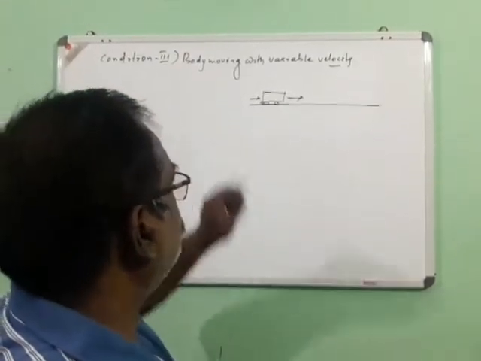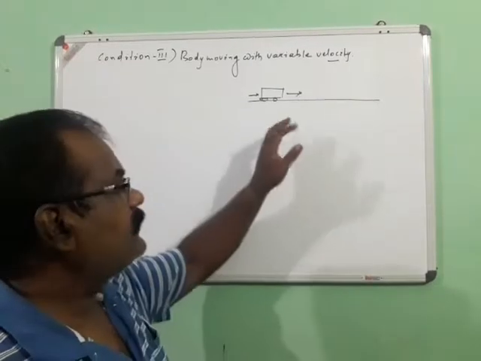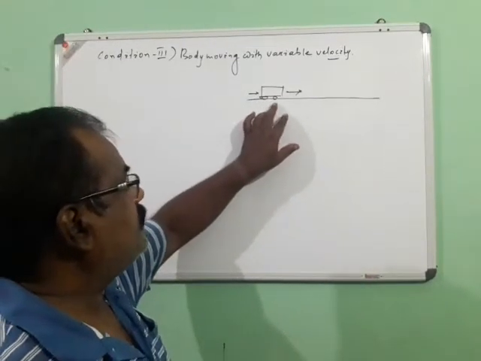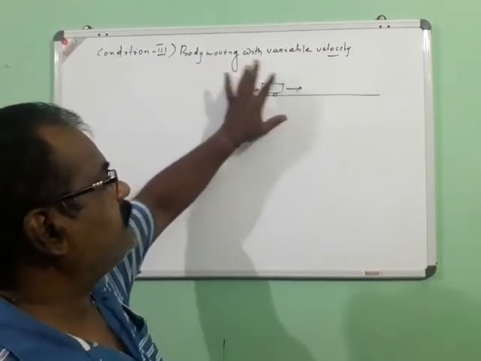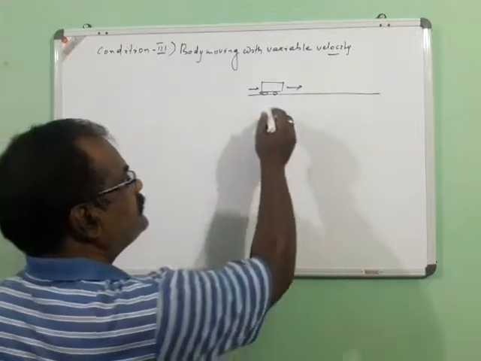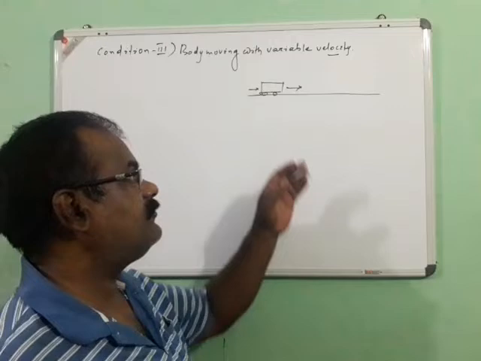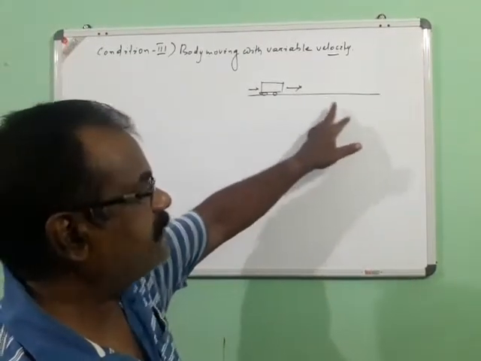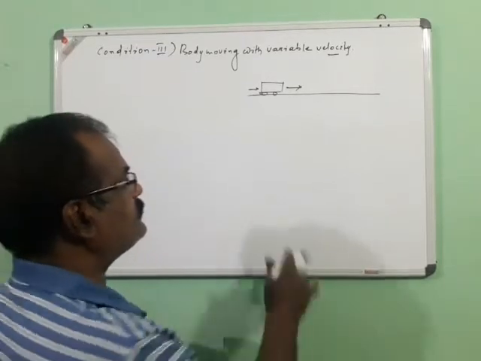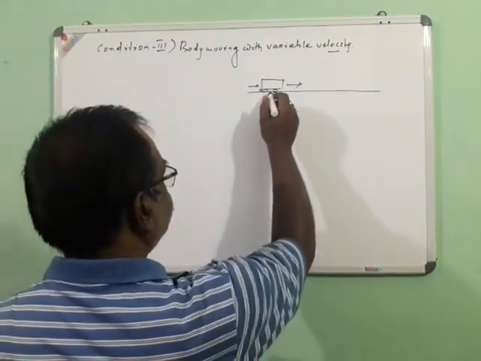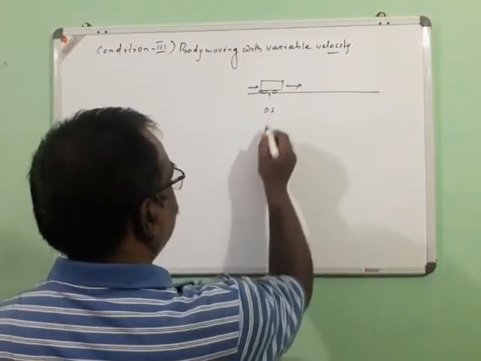Number 3, body moving with variable velocity. In case of linear motion, the body usually moves in one direction, and in such cases, when we consider variable velocity, the displacement, meaning the distance, varies with respect to time, but the direction will be the same. In that case we can say that the body is moving with variable velocity. Let us consider that at 0 seconds,